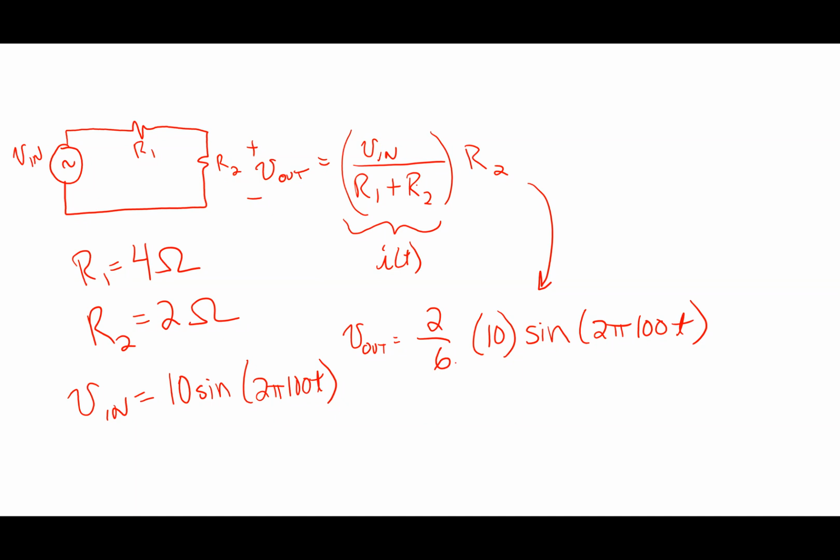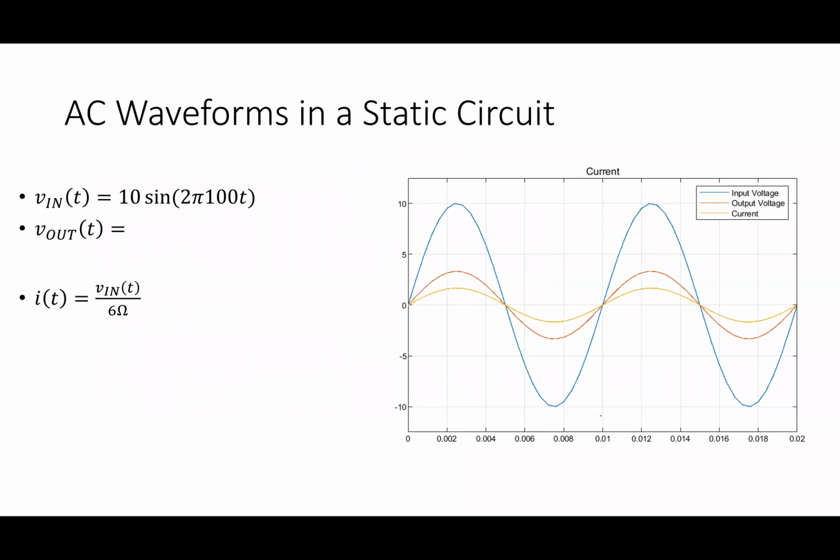Well, he looks like 2/6. So that's 1/3 times 10, right? So that's 10 thirds sine 2 pi 100t. Okay. So if I look at that and I actually plotted this guy out, so this here is my original